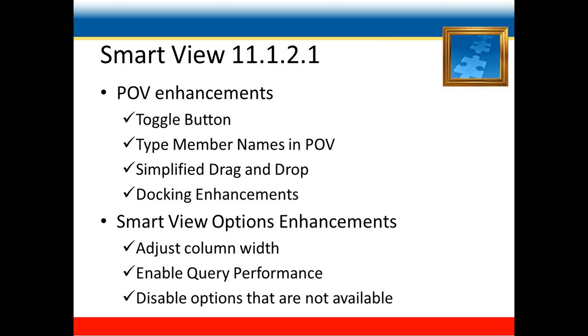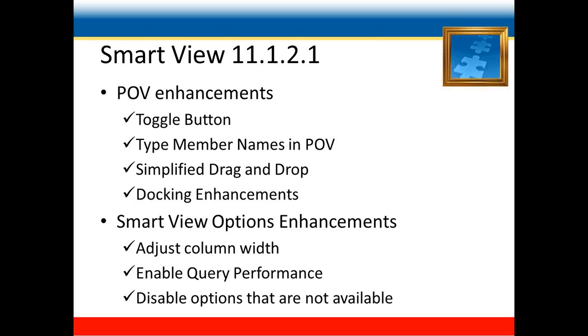With the enable query performance option, enabling this option enables high performance for the query execution. Basically, this option disables the maintenance of formulas and comments while you perform ad hoc operations such as zoom in, zoom out, keep only and remove only.